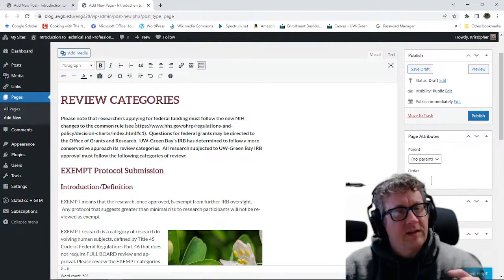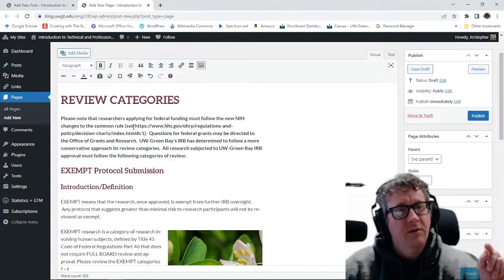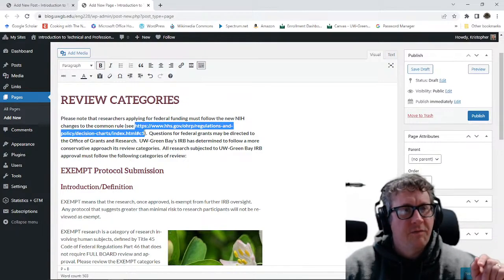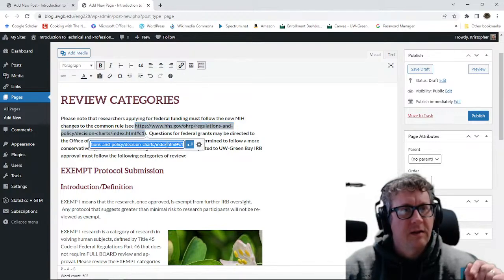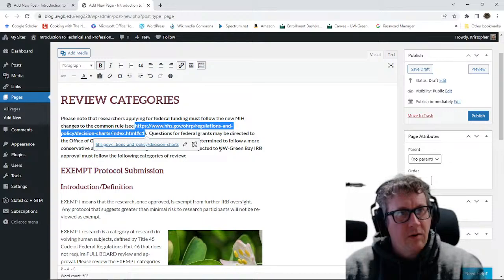So one thing that's nice, if it is already a web URL, that means it starts with HTTPS or HTTP, it will automatically do it for you. Okay, so you highlight it, click the link, and it'll input that information. Just assume that that's the link you want to do, and it'll apply it. Let's say, however,